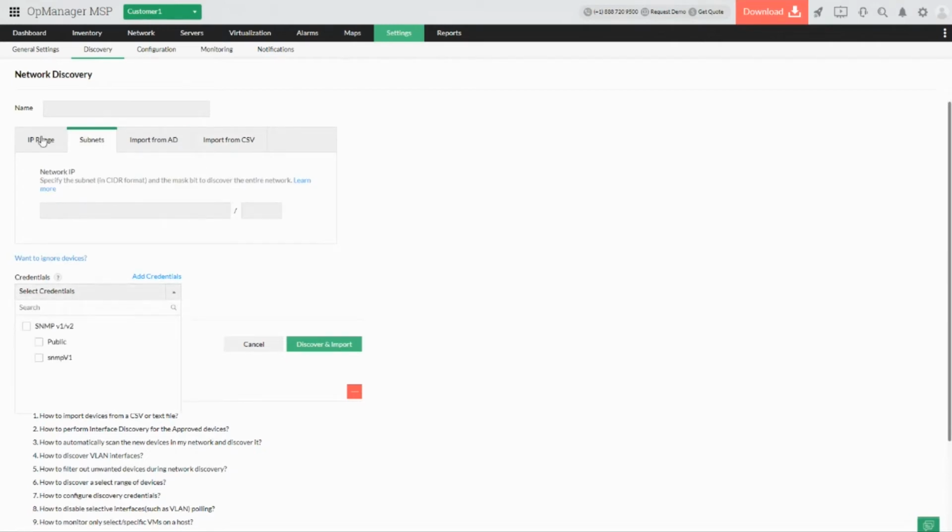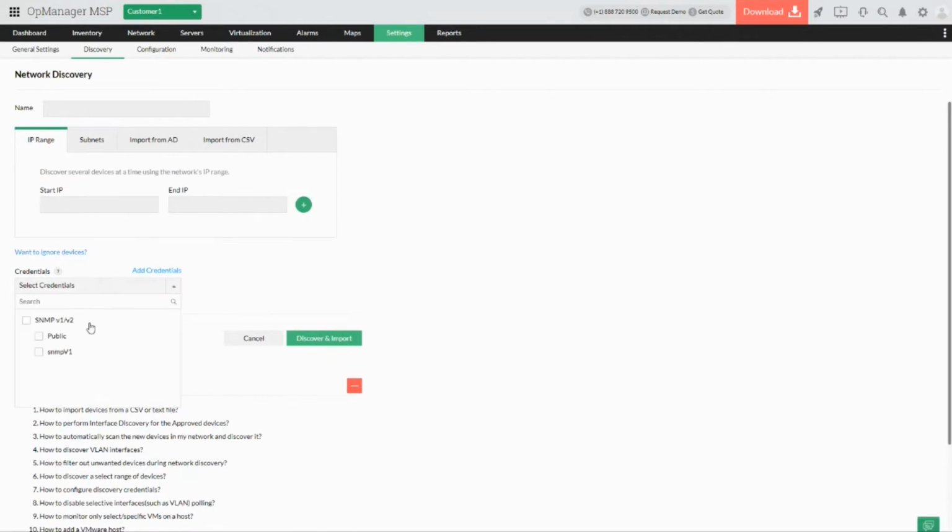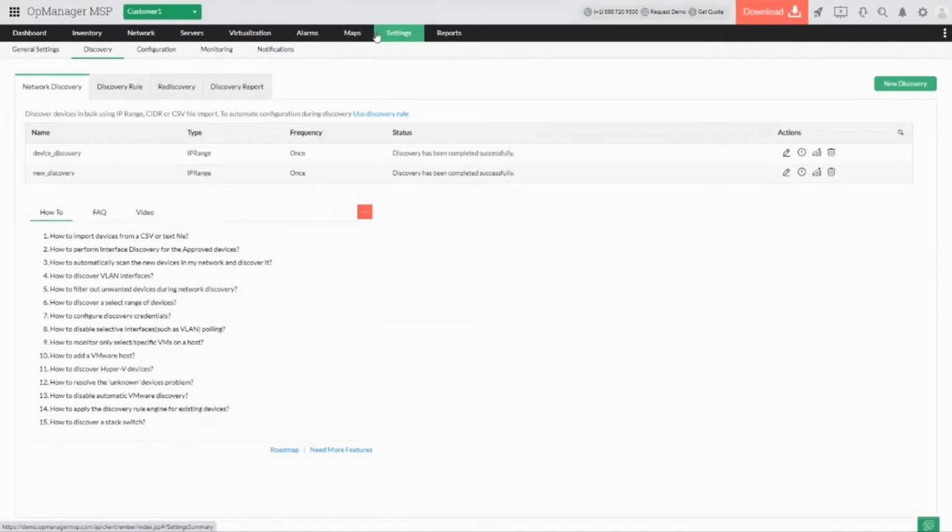And during the discovery process, the next important thing is that you have to choose the respective credentials through which the data collection for the important metrics is going to happen inside OpManager. And once the discovery starts and is proceeding, you would be able to see another page which is going to show you detailed information on how the discovery has happened and what the various devices in the list are. And in this list, you have an additional option to choose which devices you want to add and which devices you want to ignore.